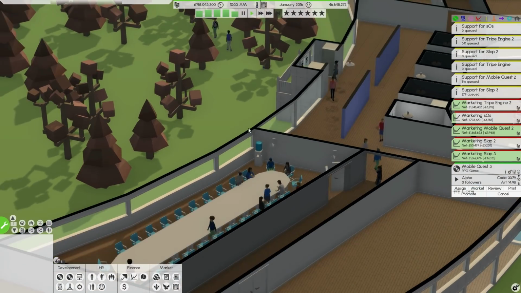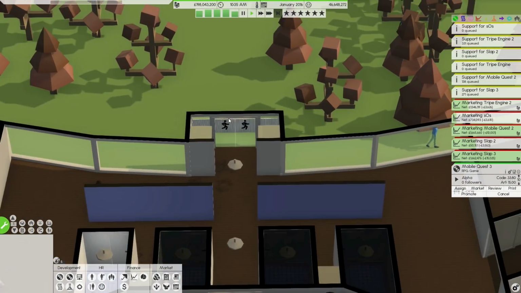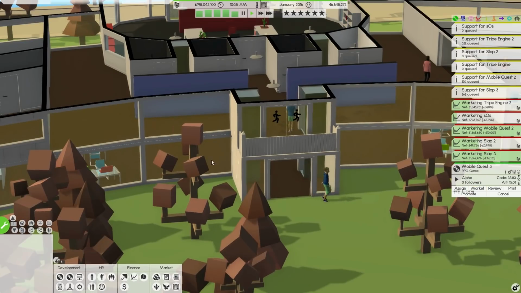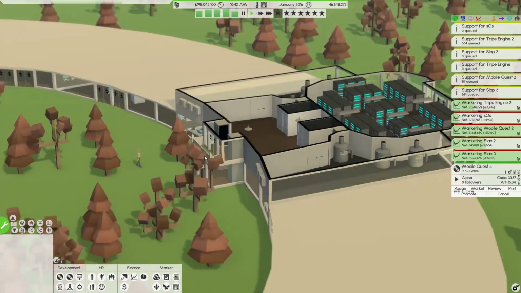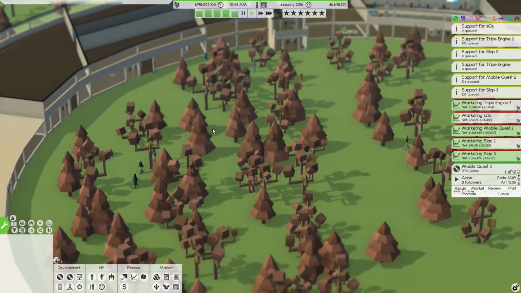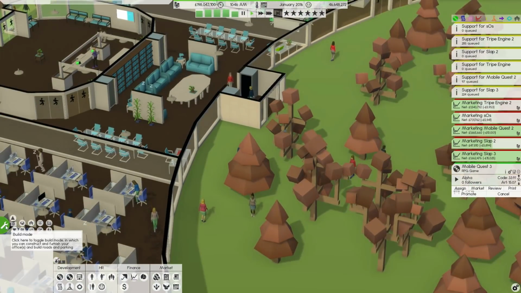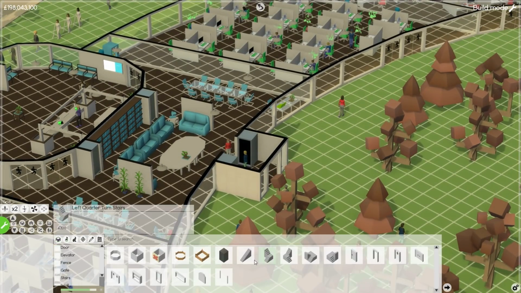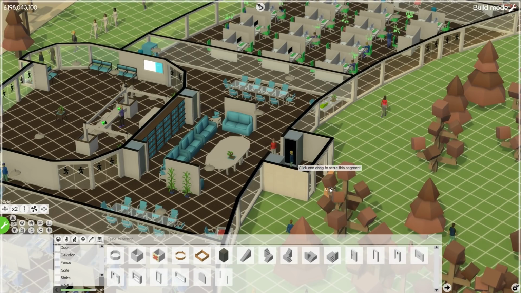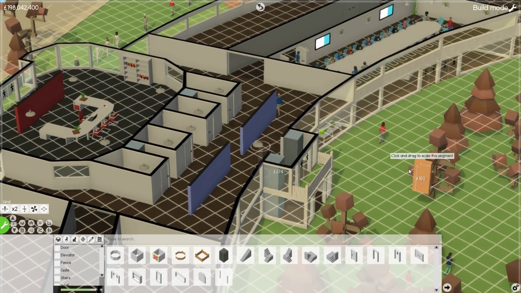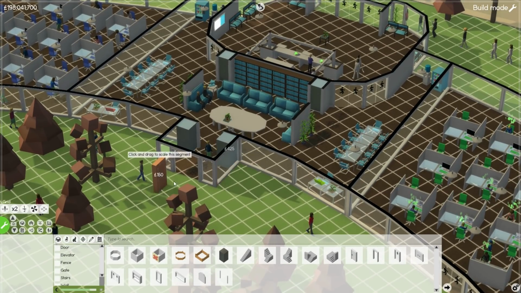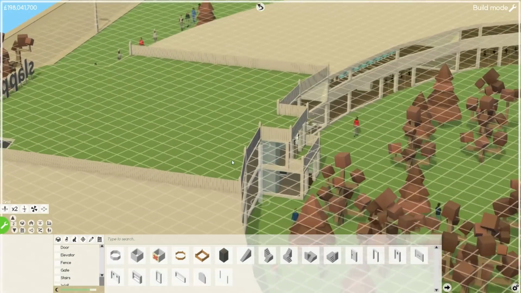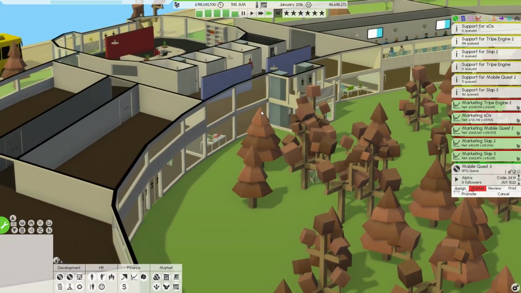Okay, that works. Worth mentioning as well, I actually went ahead and built this extra little bit right here, which I think looks kind of neat. We have one over here as well. It's basically just a bit of extra elevator space. This one actually needs more windows as well. So let's just get on that real quick. So just like that, and like that. All right, that's absolutely perfect. That's going to be our extra elevator space.